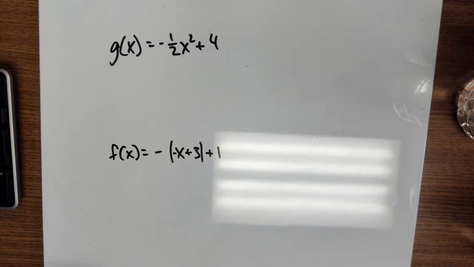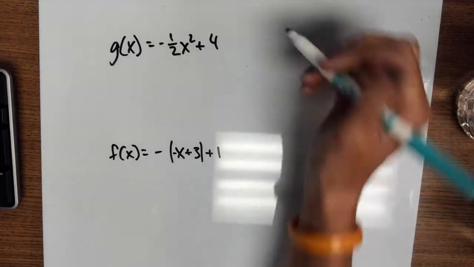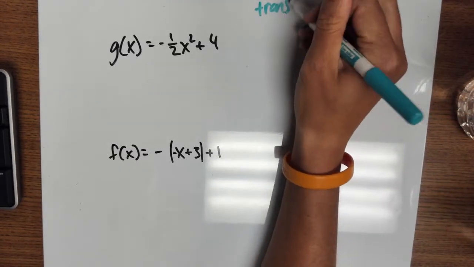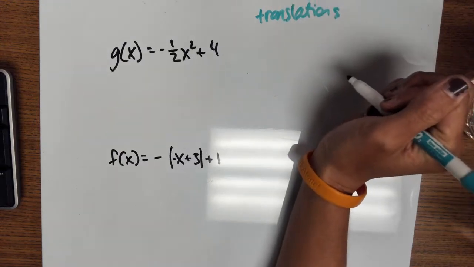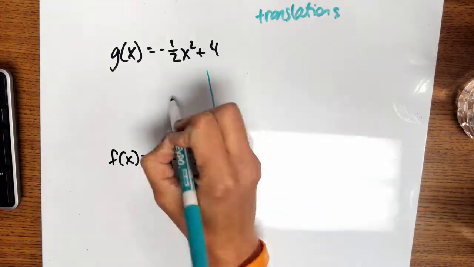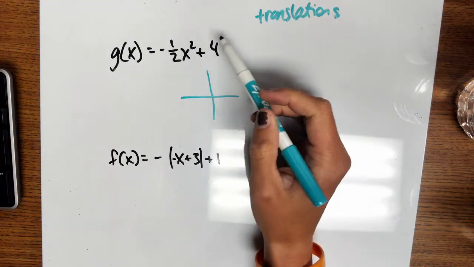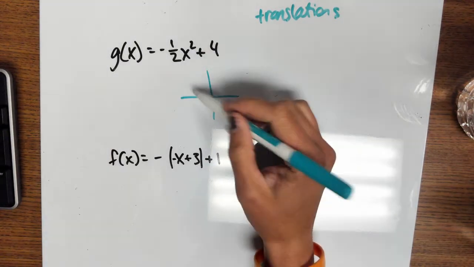Alright, so we're going to combine multiple transformations, and it's important to remember to do your translations first. So those are going to happen. The last thing you want to do are your reflections or your flips. So if we think about this, you first have to recognize that it's going to be the quadratic or your